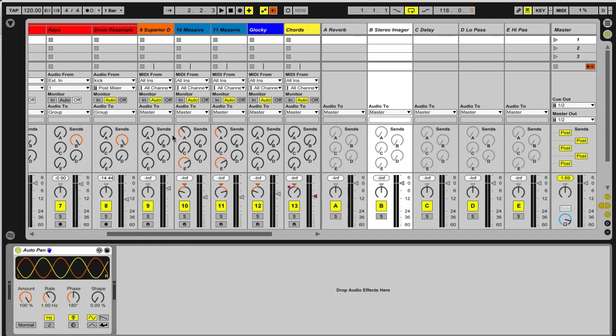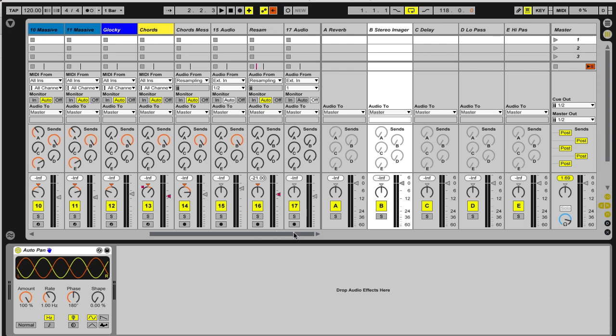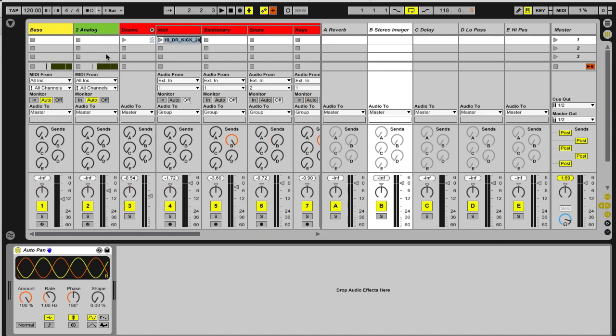So I'm going to send anything that's not got kick drum and bass in just entirely to this stereo imager for now, just to give some width to the top end. Anything above a certain frequency, let's just stick all those through here. So that should be the most part of it. And that should have left our kick drum